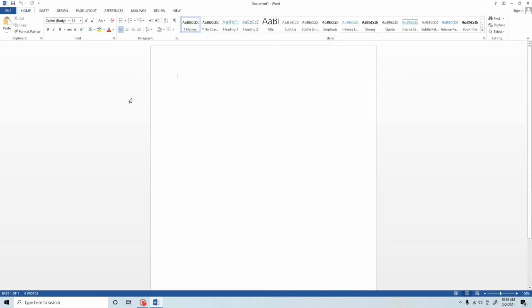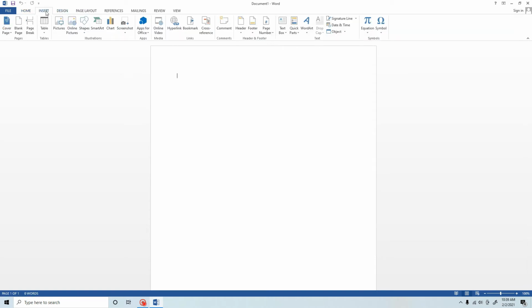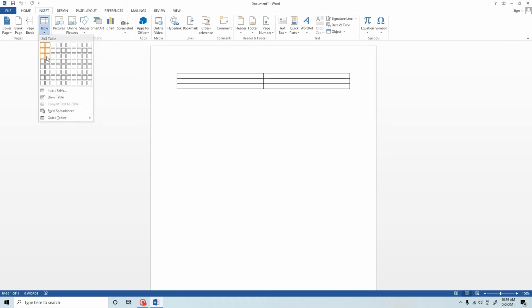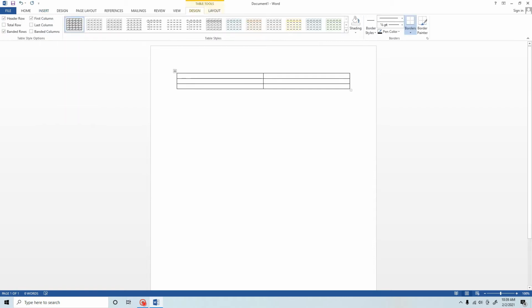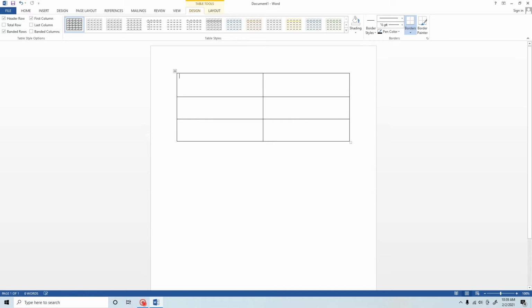Okay, how to insert a table? How to draw a table? See, you go to the Insert tab, then the Table option. You want to click the down arrow mark and select the type of table you want to draw. Can you understand how to draw a table? Yes. How to format this table? We are going to discuss now.